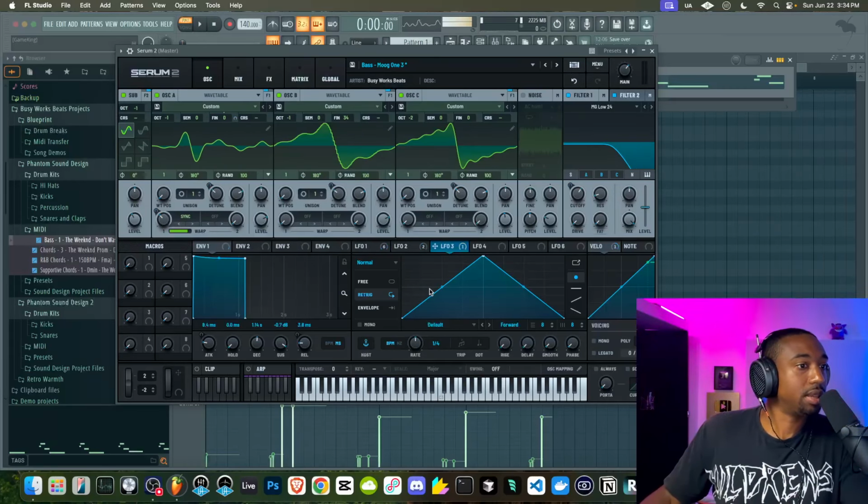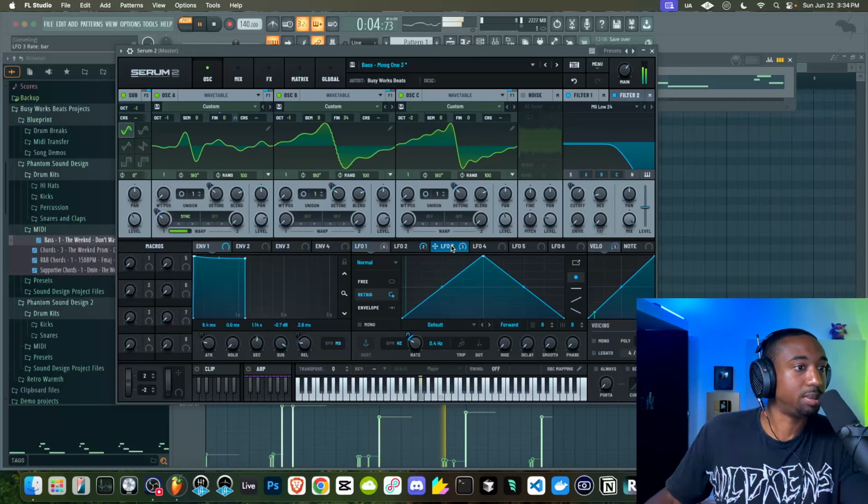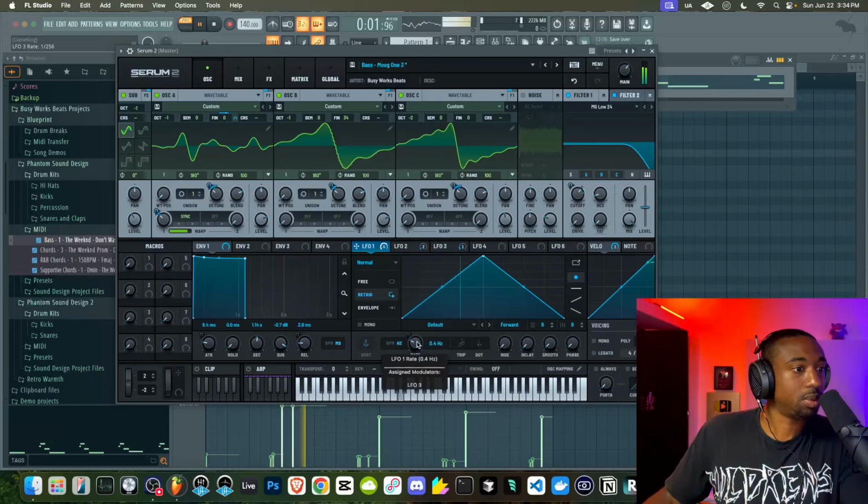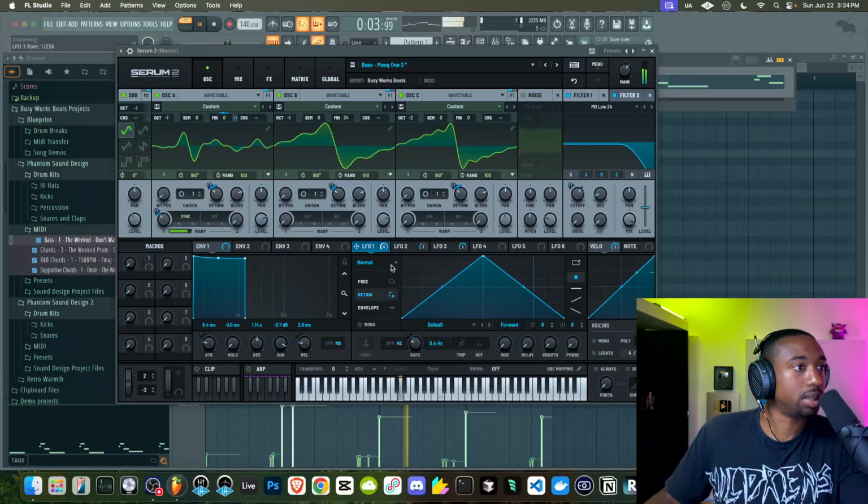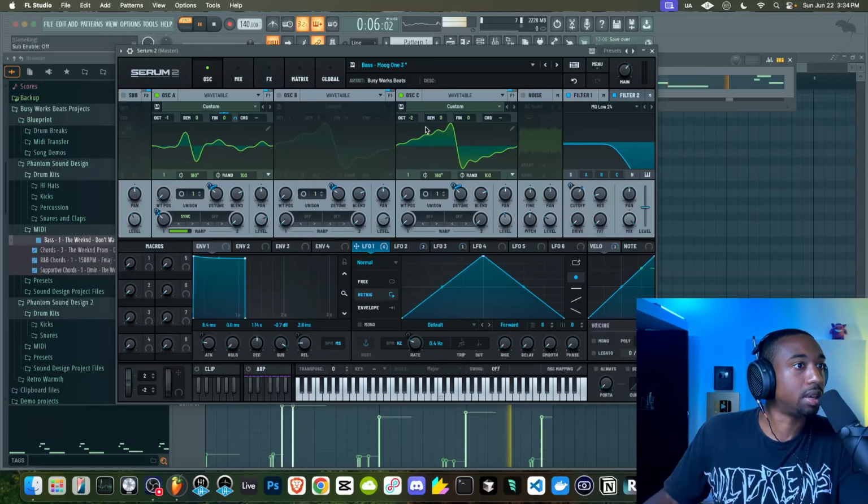So now depending on how this speed works, if I slow it down, for example, it's moving this knob based on that speed. So if I have this go fast, it will change those speeds quickly. And now let's turn off this stuff because you guys probably can't hear it.